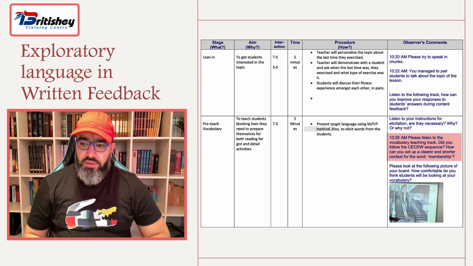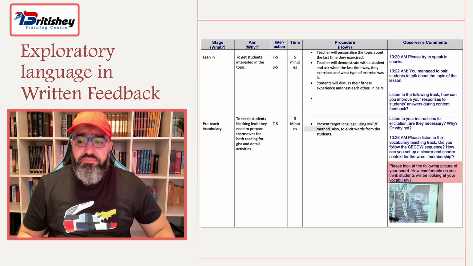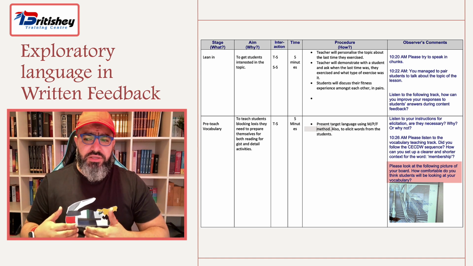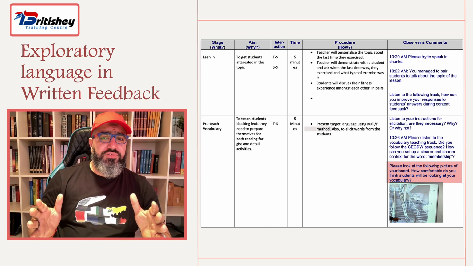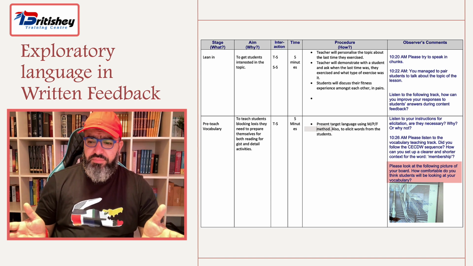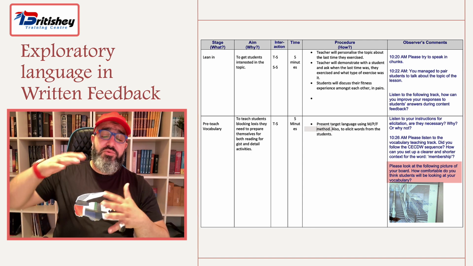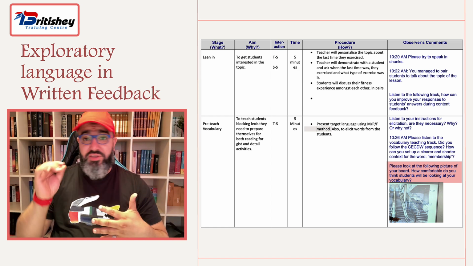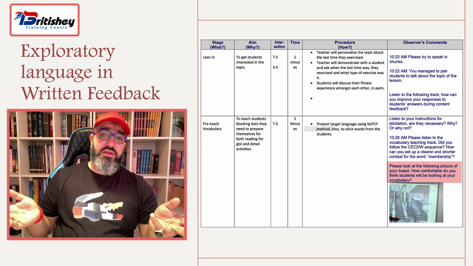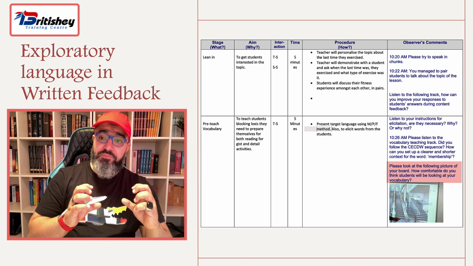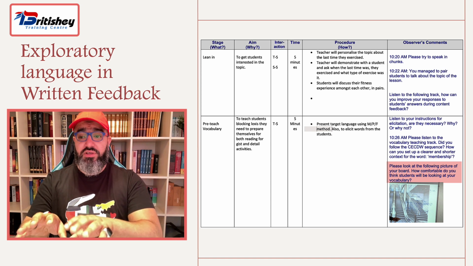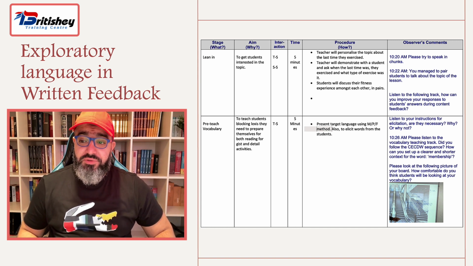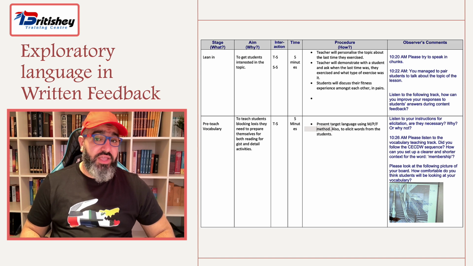Right. Then finally, please look at the following picture of your board. How comfortable do you think students will be looking at your vocabulary? And I know you're confused now and you're saying, oh, we don't see a board, we see a picture of an escalator. Yeah, that's the problem, because he was displaying this picture from the overhead projector and at the same time writing on the board, so students were unable to see anything. And this is why I took this picture, I added it to my feedback sheet, and I asked them this exploratory question. How comfortable do you think students will be looking at your vocabulary?